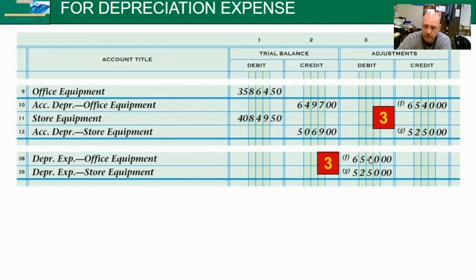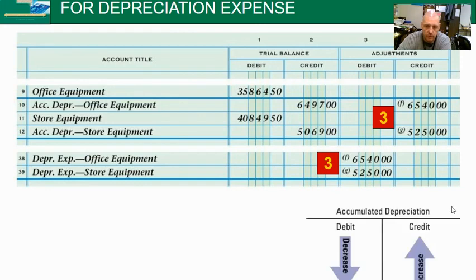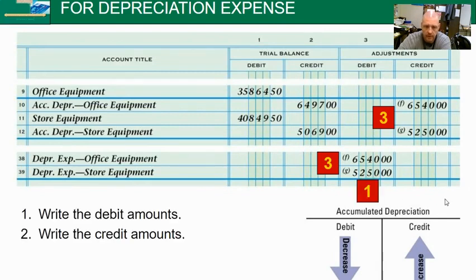Debit to the expenses, credit to the accumulated depreciation. So accumulated depreciation is a contra account, the opposite of office equipment. So we plug in our debit amounts to the expenses, plug in the credit amounts to the accumulated depreciation, and